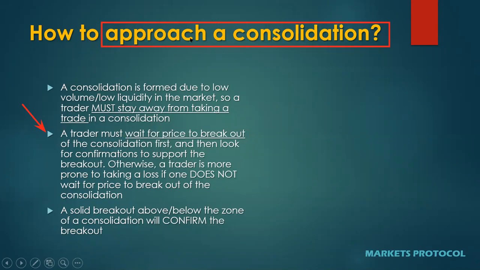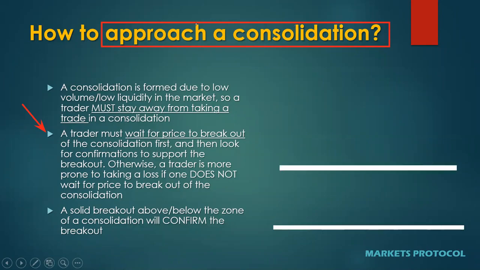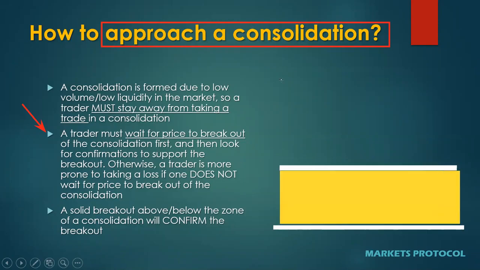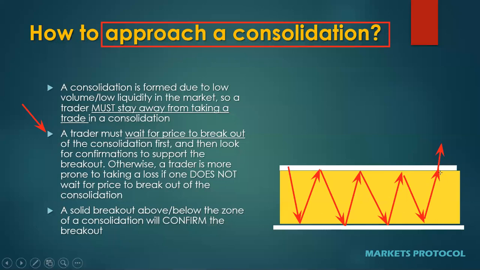All right, so we're going to do an example here just to go over this step by step. So let's say we have a support level and we have a resistance level. Okay, and in between these two zones, we have a range. We have a range here where price is consolidating in. Okay, so let's say we have a break to the upside. Okay, once price finally starts breaking above,